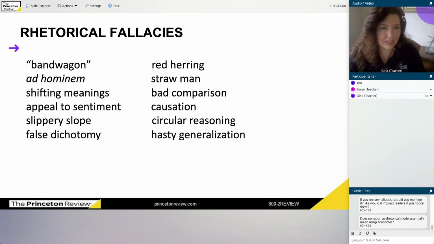So I just gave you, again, 3 slides. If you can learn these modes and fallacies and literary terms, create a list, create a notebook or a digital copy of these notes. Just have them there in case you need them. Again, you're not going to see all these things on your test, but even if you only see like 4 or 5 of them, you're going to be glad you have the notes to remind you.